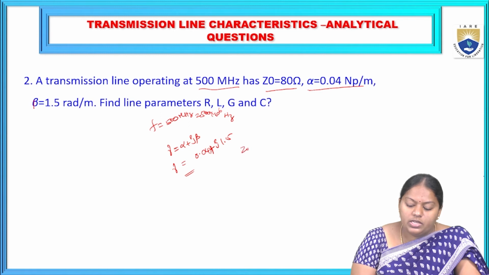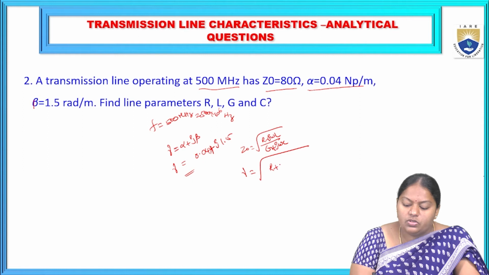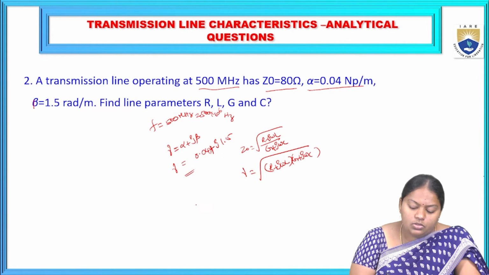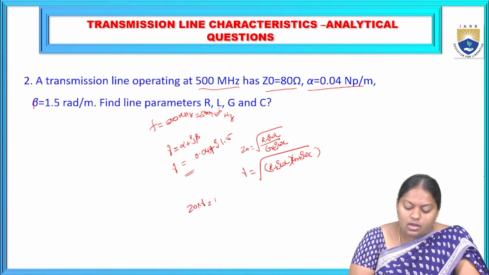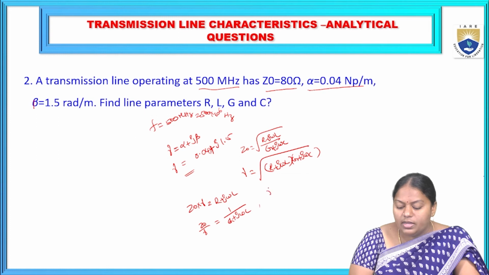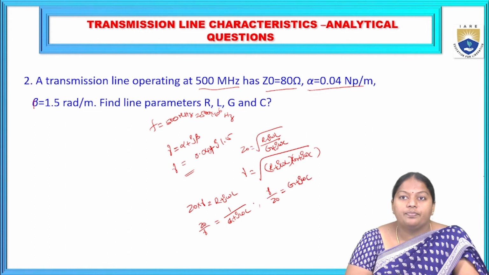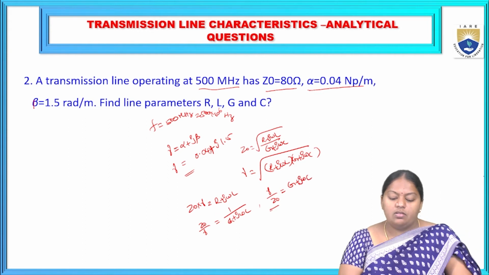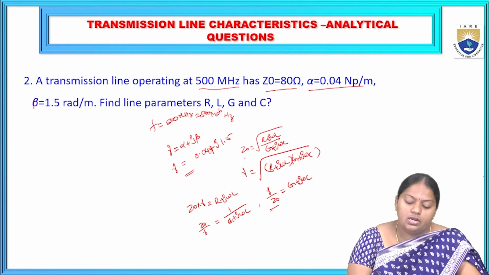Now, Z0 is expressed as root over (R plus j omega L) by (G plus j omega C). Then gamma equals root over (R plus j omega L) into (G plus j omega C). So by multiplying these two, Z0 into gamma, we get R plus j omega L. And by dividing these two, gamma by Z0, we're going to get G plus j omega C. So by the multiplication or division of gamma and Z0, along with the Z0 and gamma values,